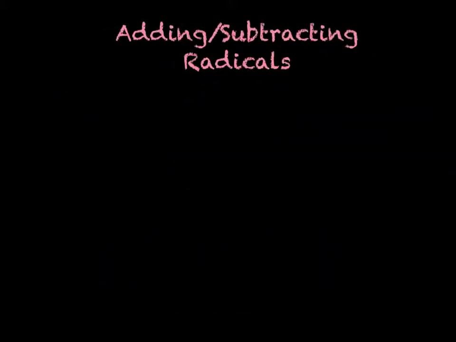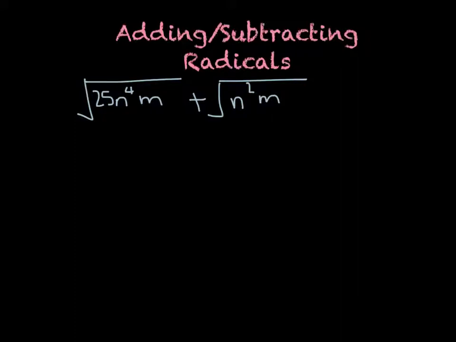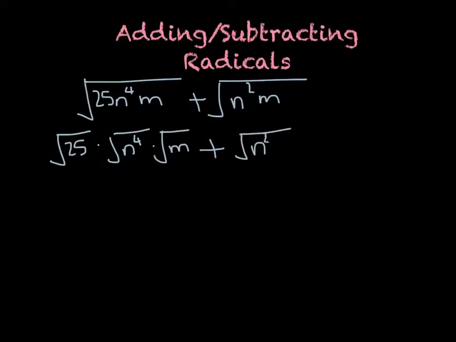Now we can add and subtract radicals. So let's say we have something like the square root of 25 n to the fourth times m plus the square root of n squared times m. What we can do is rewrite this as the square root of 25 times the square root of n to the fourth times the square root of m plus the square root of n squared times the square root of m. And this simplifies to 5 times n squared